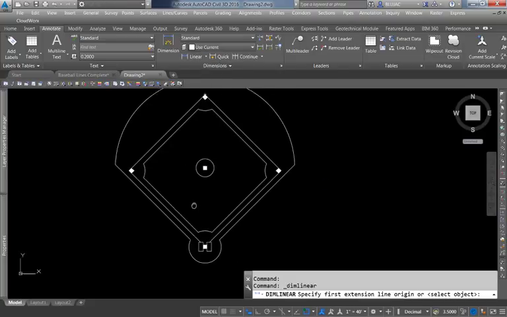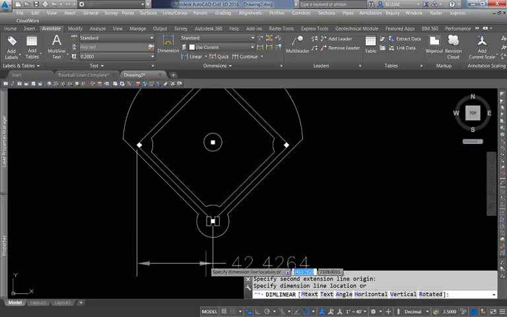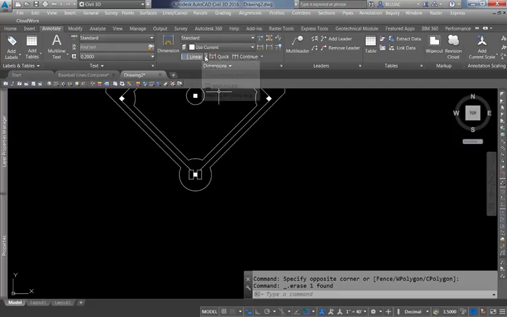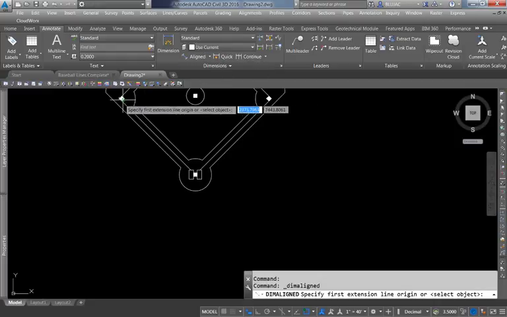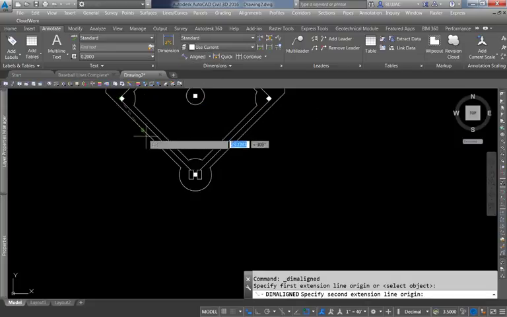If I select a linear dimension and go from third base to home plate, notice it's giving me a horizontal measure between these two items, and that's not what I want at all. I want a dimension along that baseline. So I'm going to select the aligned style, and then if I click on my two